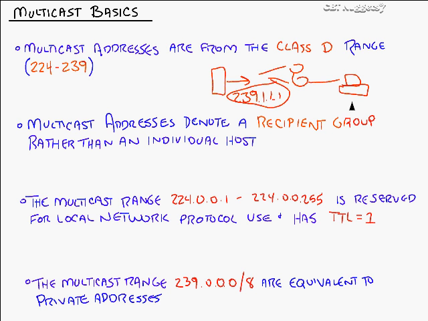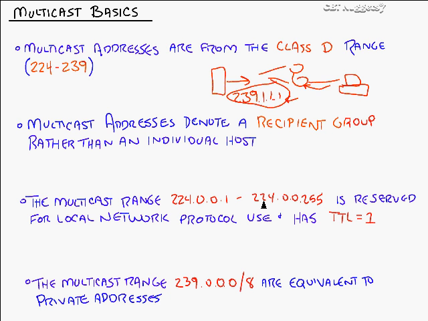Now, that does not mean you replace your source IP address, that you suddenly respond to a different IP address or have some other alternate method of communication, but instead, your network card is now tuned to this frequency, and that will notify this router to tune in. And we're going to get into how the routers communicate to each other what frequencies or multicast addresses need to be sent across what different wide area network and local area network connections. But looking more at the facts right now, the multicast range